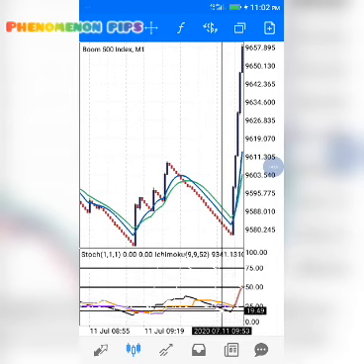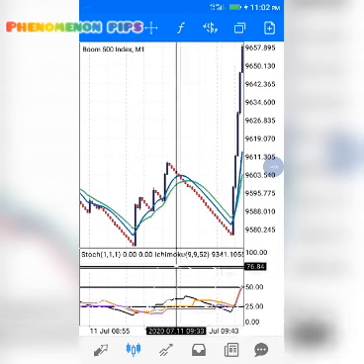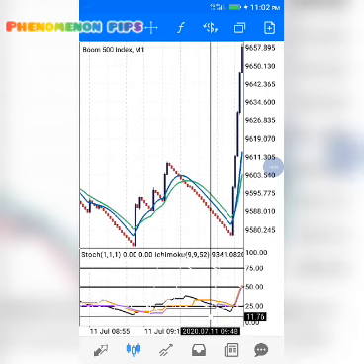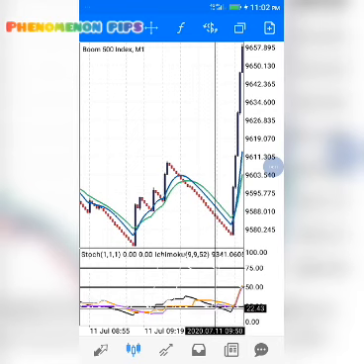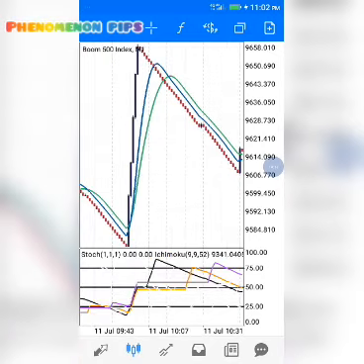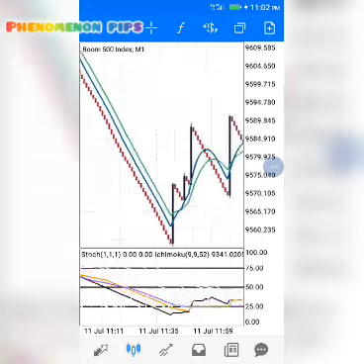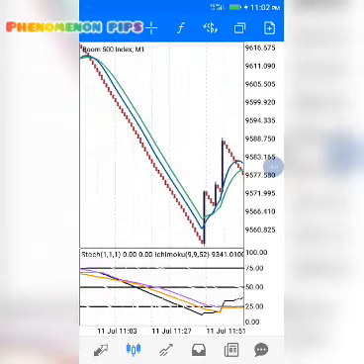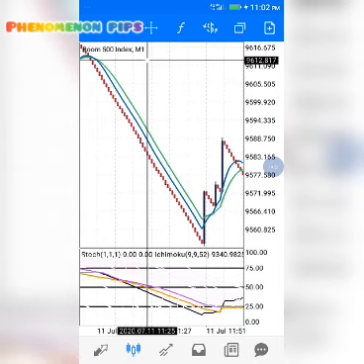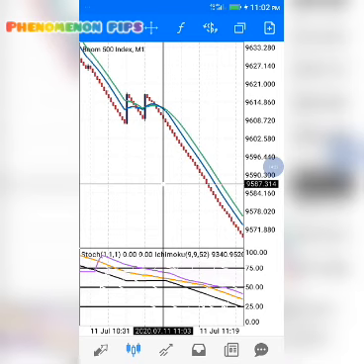This side is the spike zone, and this side is what? This up here is the sell zone, while this down here is the buy zone. I hope you understand. Just try it on a demo account and see how it works. This is really amazing. I love this strategy. I swear to Almighty God, I love it. You see it here? Let me show you another example. This is a good example.